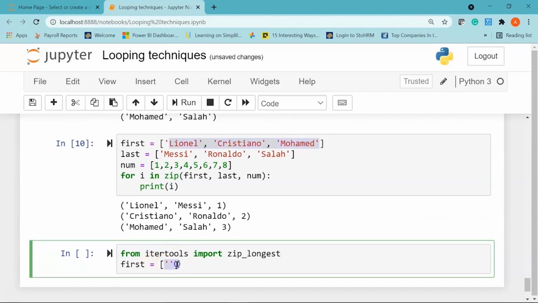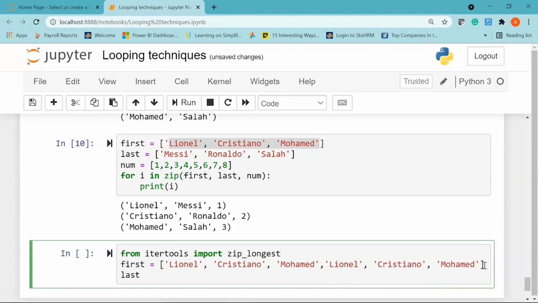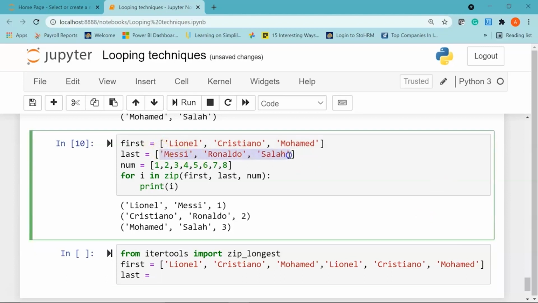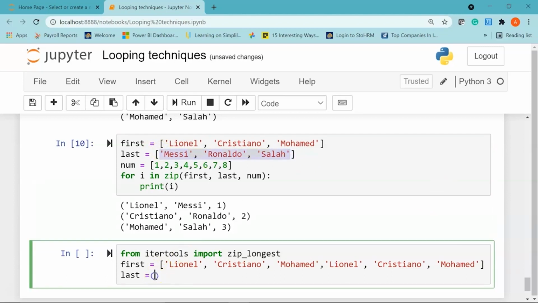I'll paste it here. Now I'll create another list called last and copy the items from the top, and paste it here.